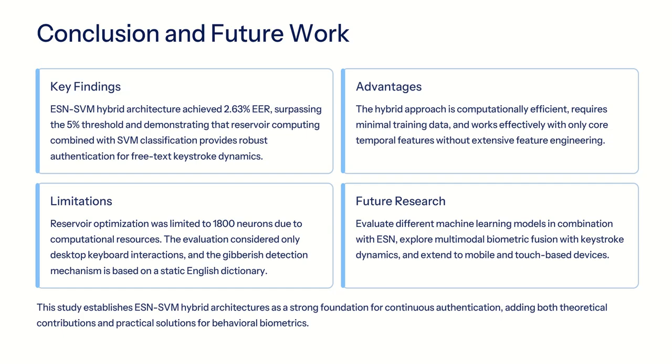Also, the advantages are that it is computationally efficient and it requires minimal data, and also works efficiently with core temporal features. The limitation is that the reservoir optimization was limited to 1800 neurons,